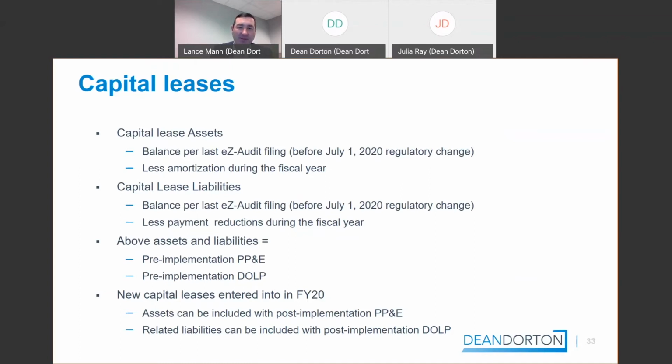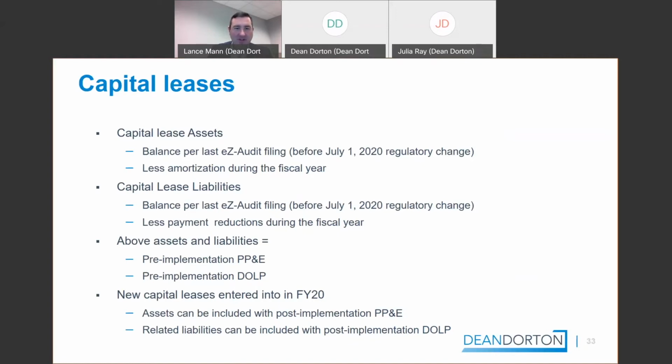So when they were doing the update to the responsibility rules, they went ahead and added rules around these new leases. Your capital lease assets as of your 2019 year end will be shown in pre-implementation PP&E, and the associated liabilities for those capital leases should be shown in pre-implementation debt obtained for long-term purposes.